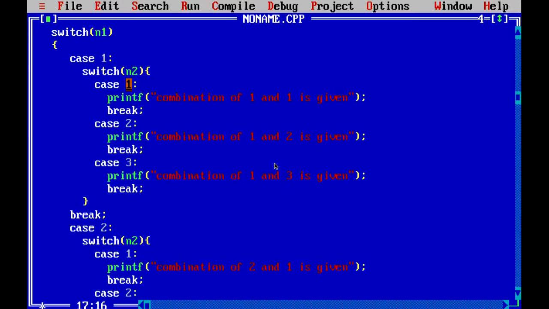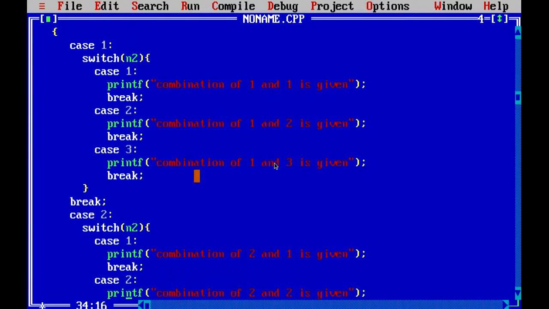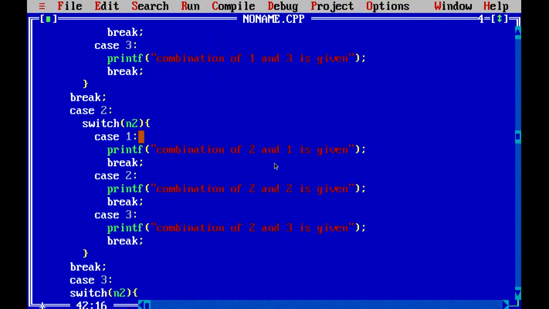And if the expression value for n2 is 3, then it will execute case block 3, and it will simply print the values of n1 and n2. That value I have given on a hard code basis.